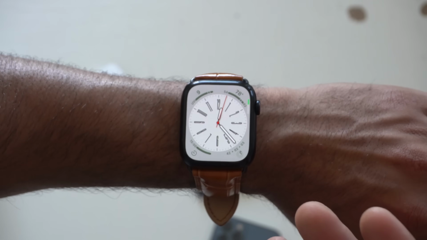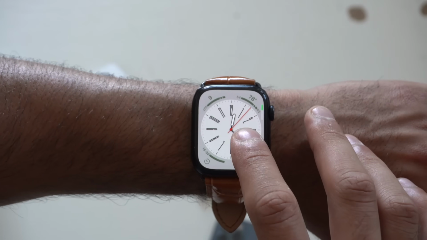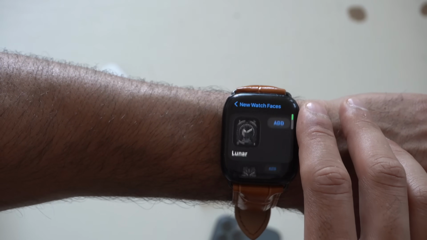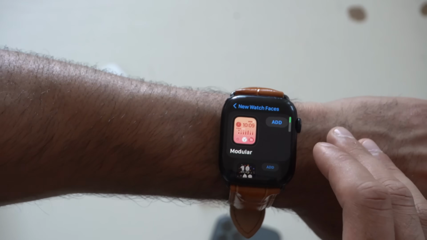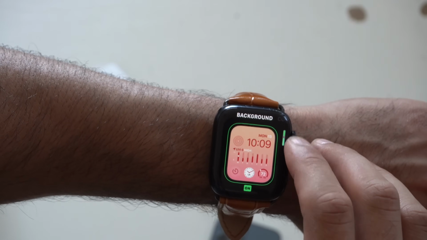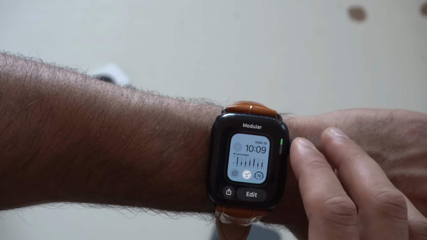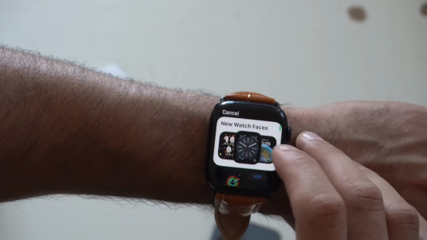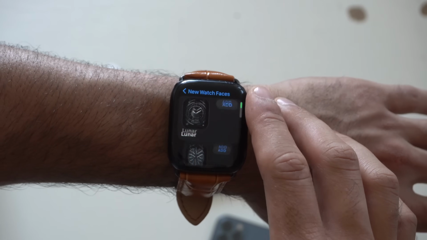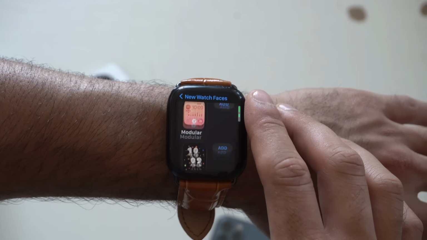And yes, in case you're curious, there are 5 additional new watch faces that Apple added for this update. One of which is a newly redesigned modular. The modular now has this additional color theme available, but other than that, nothing really has changed. The new watch faces you can see right here are listed under this new watch face tab. You got astronomy, you got lunar, metropolitan, and then we already covered modular. But then you also have playtime